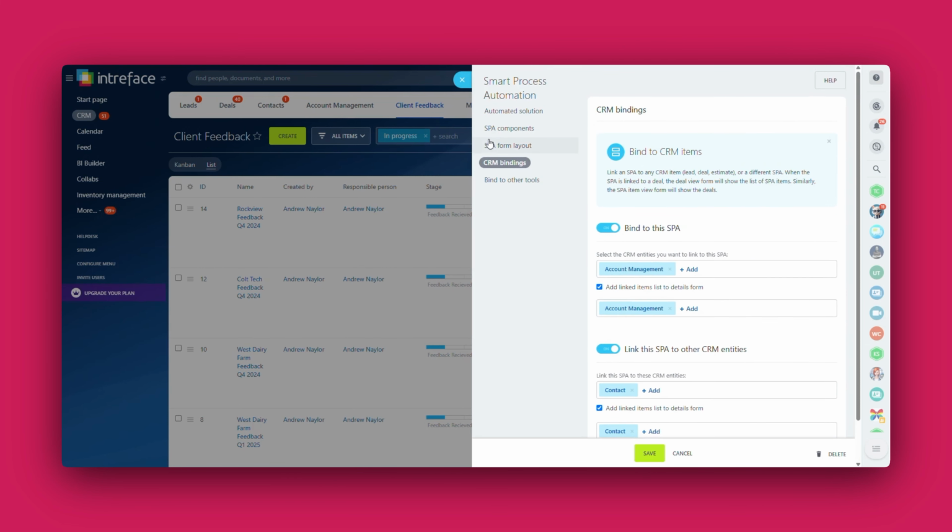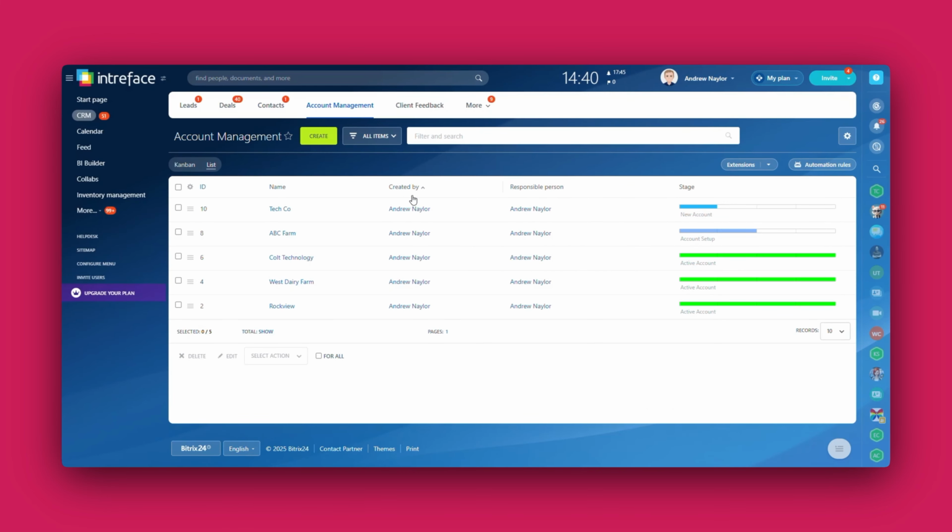So to do that, we're going to, again, select the CRM bindings over here and then use the bind to this SBA option. Select the account management or whatever other SBA you're looking to link for your process, and then enable this adds linked items list to details form as well. Now, you only have to do this on the one SBA, but just to show you what it looks like